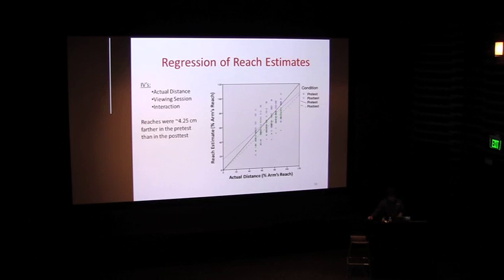results that we found. So here in this chart, you see this relationship between actual distance and reach estimates for physical reach responses. The blue circles and the blue dotted line show you the linear regression profile for the pre-test. This is prior to calibration. And then the green line shows you the post-test. Okay, this is after calibration. And the green X's show you the post-calibration data.